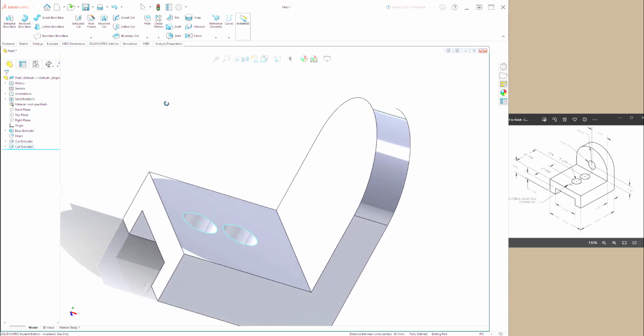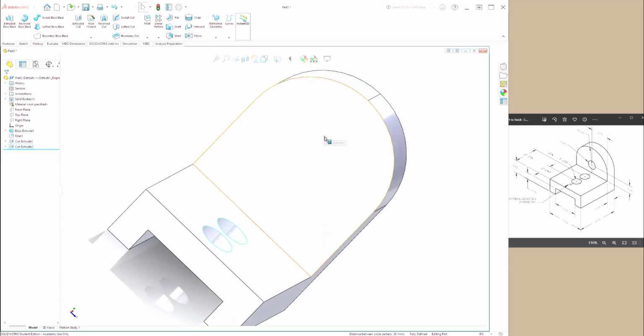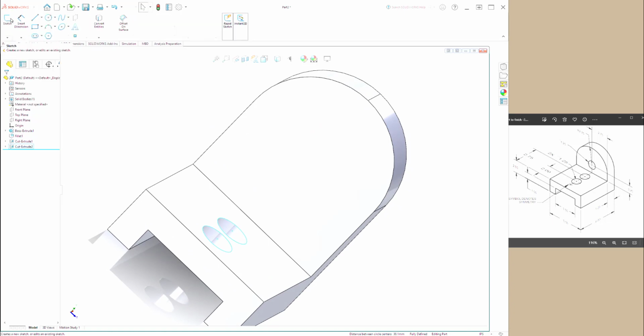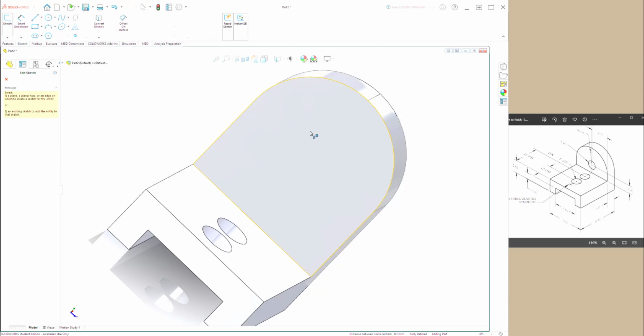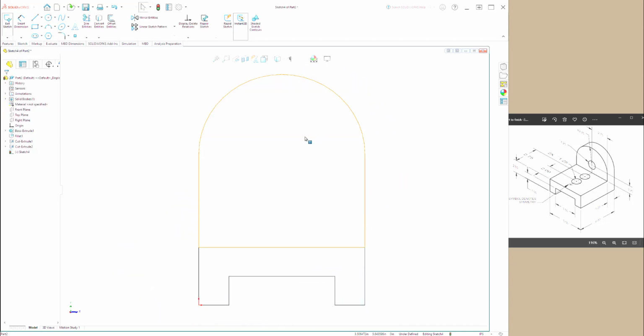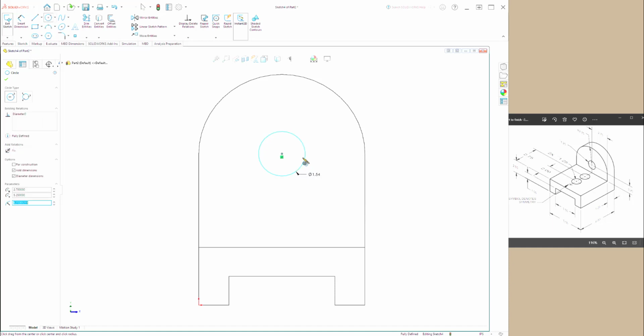So the same thing's going to happen on the face of this, where I'm going to have to draw a circle and then create a hole from that circle. So we're going to go ahead and apply a sketch to the face of the drawing. We'll draw a circle. Now that circle is going to be concentric. Now notice what I did here is I highlighted the edge, and it gave us the center of the circle. So I now know that that's the center point that I need to work with. And then I can go ahead and